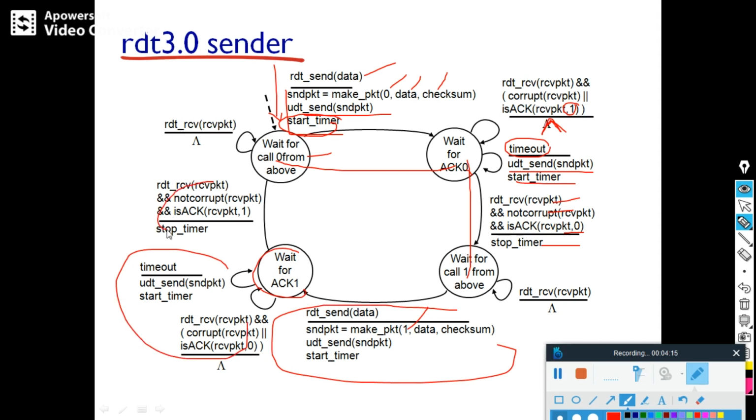So it uses sequence numbers 0, 1, 0, 1. Because of this, RDT 3.0 is sometimes referred to as the alternating bit protocol. This is the FSM explanation of RDT 3.0.